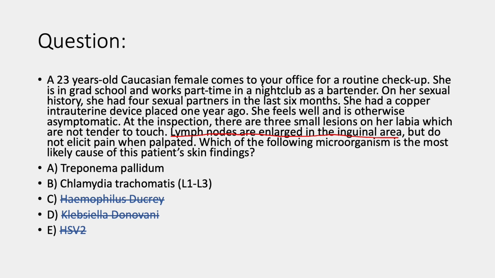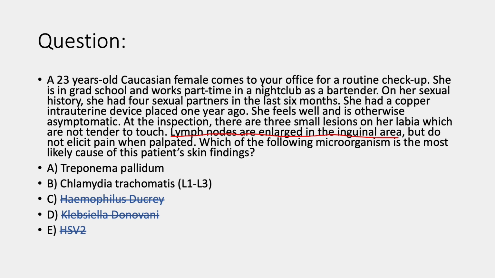You have to think about the characteristics of the Treponema pallidum inguinal lesions and Chlamydia trachomatis inguinal lesions. And once again, the key word, the buzzword, is inguinal lymphadenopathy. That's because, as you can remember from the previous slides, in Treponema pallidum generally the lymph nodes are large and coexist with the genital ulcers, whereas in Chlamydia trachomatis, so in lymphogranuloma venereum, generally you have the ulcers and the lymphadenopathy that do not coexist, which means that